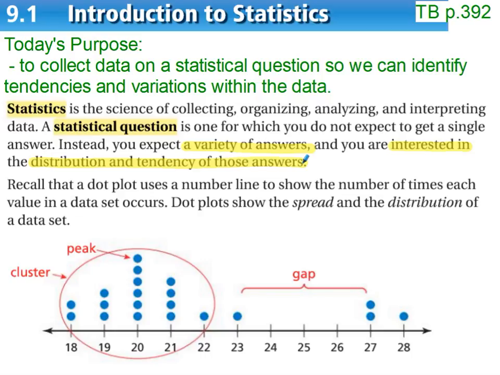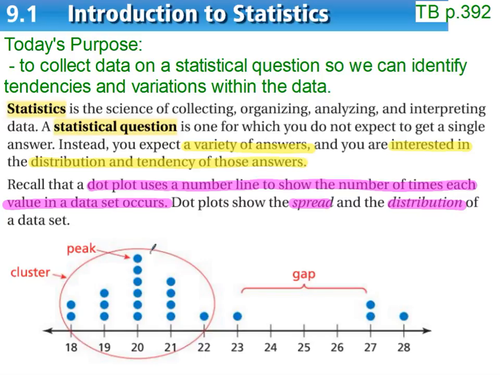Let's take a look at the dot plot that we have down below on this page. And if you recall from elementary school, a dot plot uses a number line to show the number of times each value in a data set occurs. Now, dot plots always show the spread and distribution of a data set. So if we take a look at this dot plot, it gives us quite a bit of information. Some words that we might use to describe the data